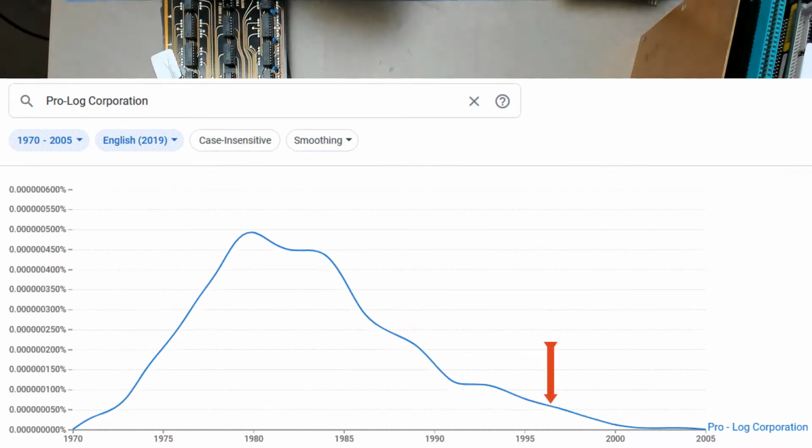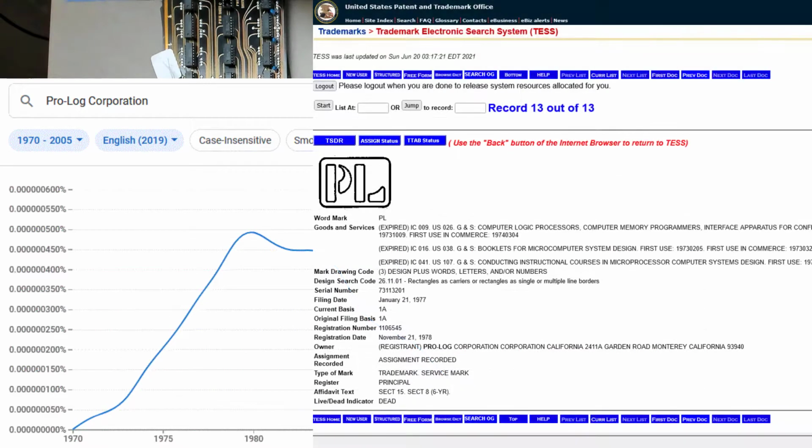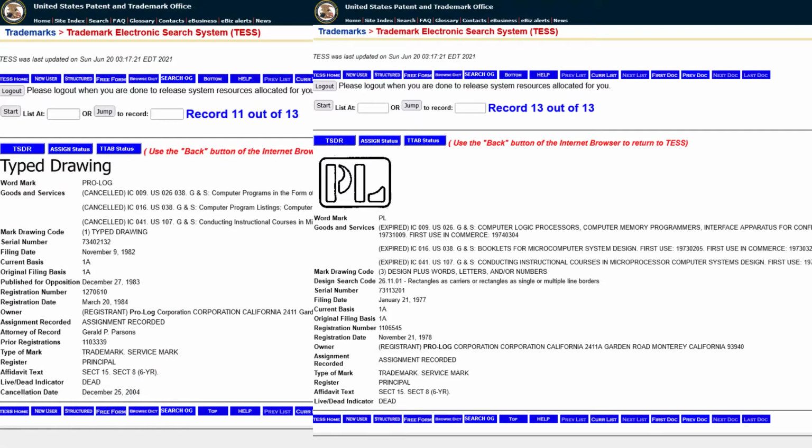And then ultimately the technology was purchased by Emerson. Somewhere along the way, the Prolog name and brand was ultimately dropped. And in 2004, the Prolog logo trademark was abandoned at the USPTO. And while they had abandoned the trademark in 2004, in the 2010 Emerson corporate documents, it was still listing Prolog Corporation as a named subsidiary. So I'm not exactly sure when Prolog eventually died.